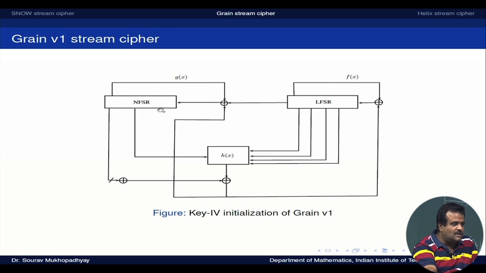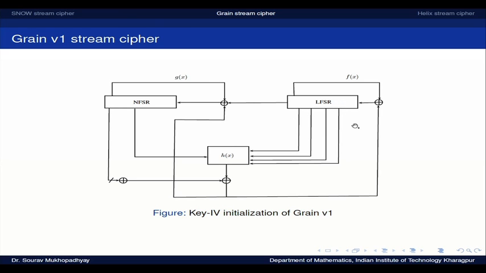So we store the key into the NLFSR, because the NLFSR is also 80 bits, and the IV is 64 bits. The LFSR is also 80 bits, so we put the first 64 bits of the LFSR as the IV, and the remaining 16 bits we fill with constant 1111 like this. Okay,